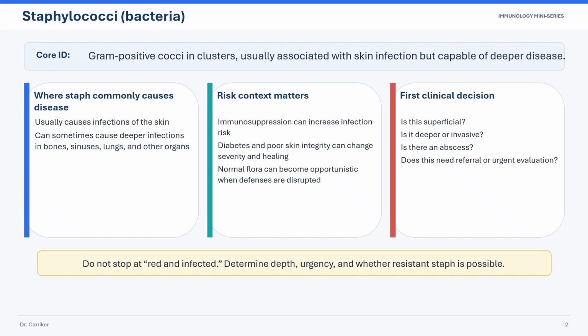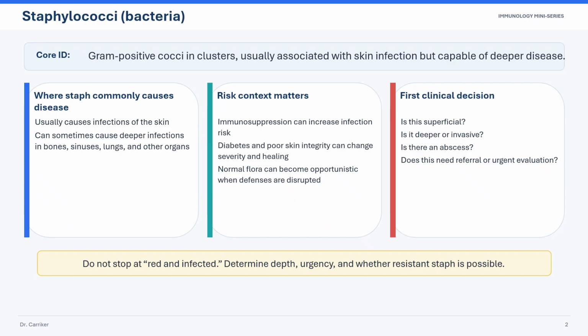Staphylococci are gram-positive cocci that classically cluster together. So they often cause skin infections, but they can also go deeper into bone, sinuses, lung, and other tissues. In a healthy patient, the skin often contains staph without causing trouble. But if a patient is immunosuppressed, has diabetes, has poor skin integrity, or has another condition that weakens defense, staph can